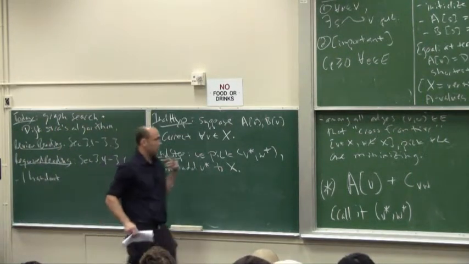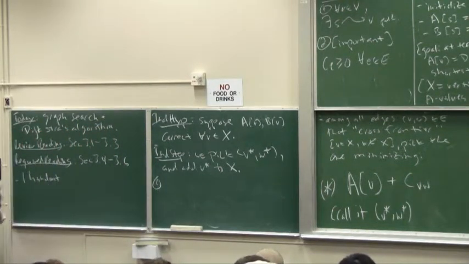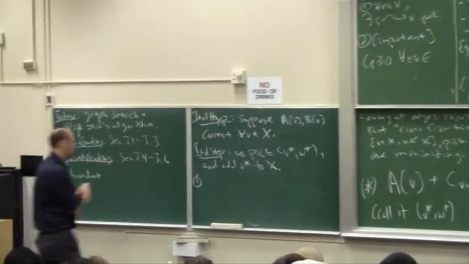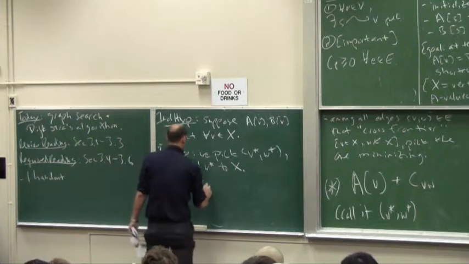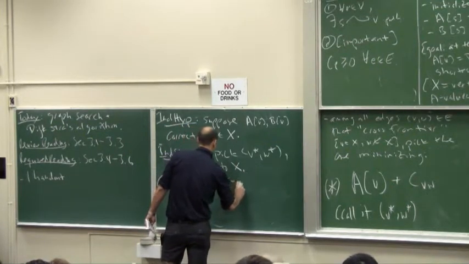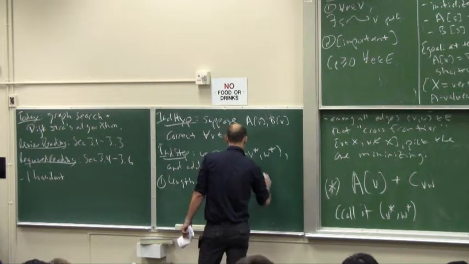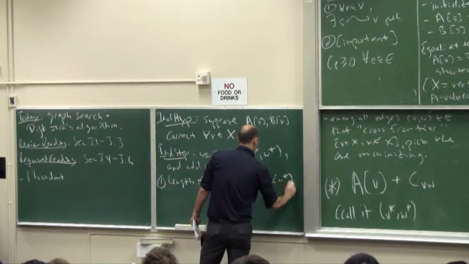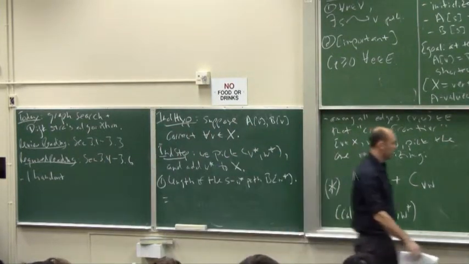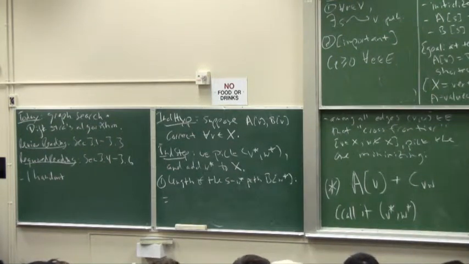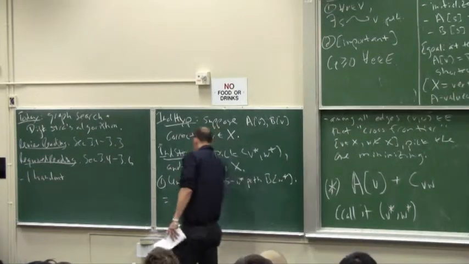First of all, let's look at the length of the path we actually compute. That's step one. Step two is to show that any path must be at least that long. Ergo, ours is the shortest. Okay? So what is the length of our path, the S-W star path that we compute? Well, what is the path? I mean, the path is super simple, right? It's just whatever path we'd already computed to get to V star plus this single edge tacked on to the end. Okay? So it's just length